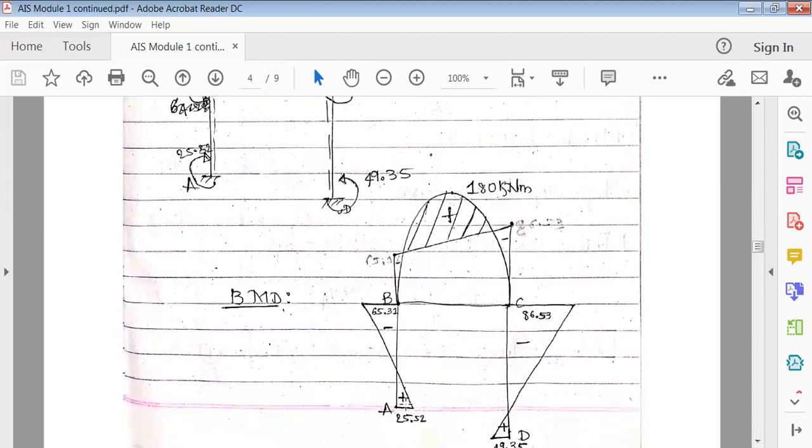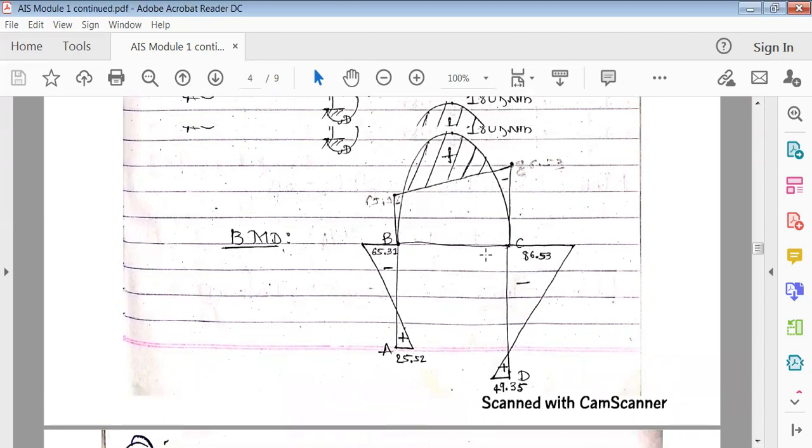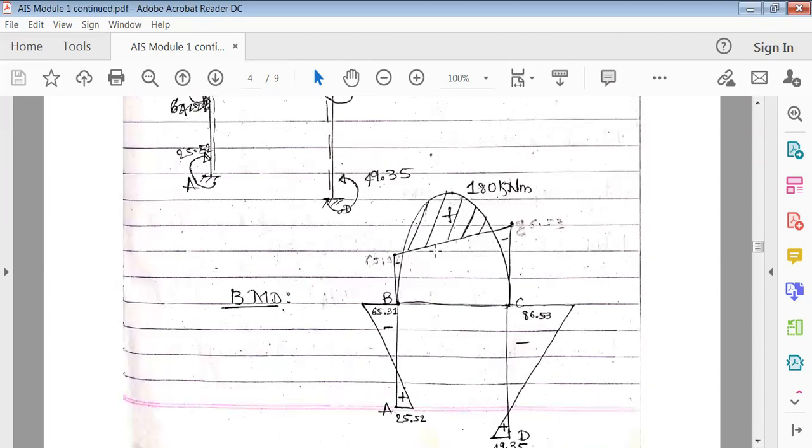So inside portions are positive. Whatever you draw inside the column is positive, and outside the column is negative. Then join this. Mark this fixed end. And whatever falls outside here, that is the positive bending moment. These are all negative. 1, 2, 3, 4 are the negative bending moments. This is the positive bending moment because of the UDL of 40 kilonewton per meter.